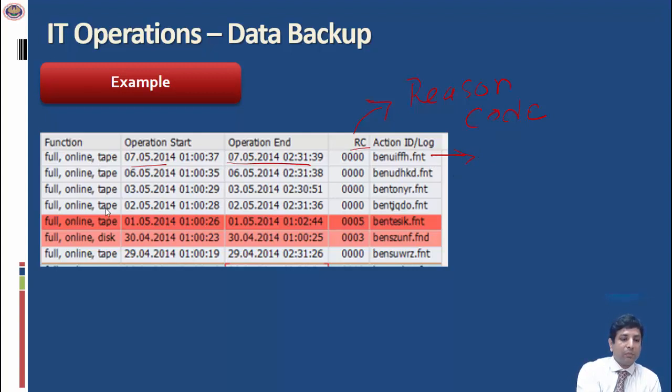Anyway, for the purpose of our example, you can see that a full backup, online backup is happening to a tape. In the previous example, we saw that backup was to a device. That device here in this case is a tape device. Now we can see that every day the backup is successful, which is indicated by the return code or reason code 0000, 4 zeros. But if you see on 2 particular days, there is an error which is also marked